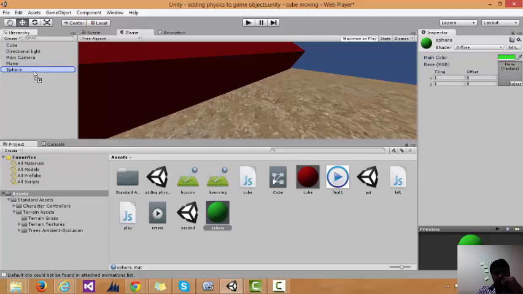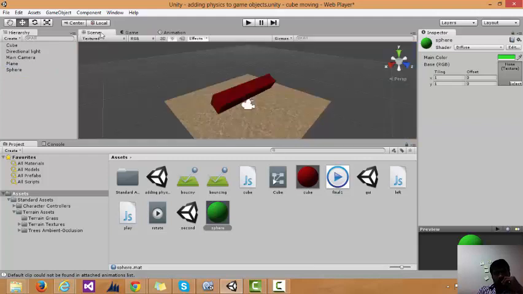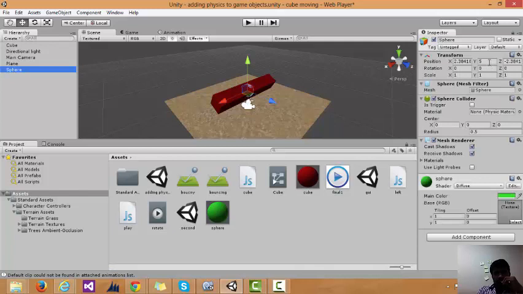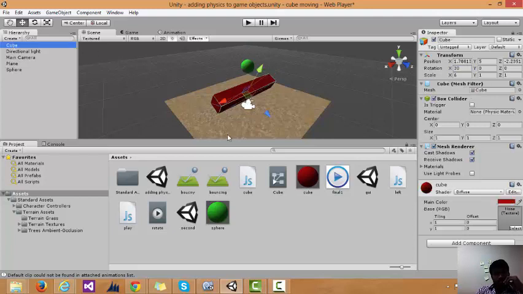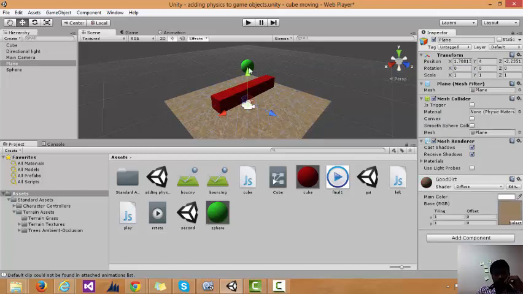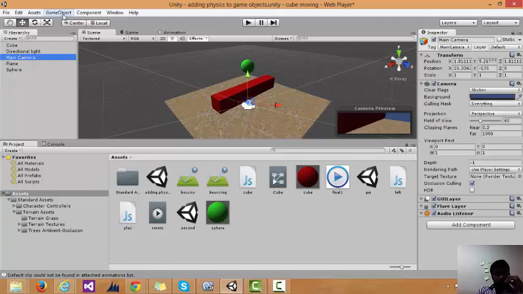Dragging the sphere material onto the sphere. Let me check where the sphere actually is. Then I adjust the rotation values of the cube, to 90 and 180, and align with view.